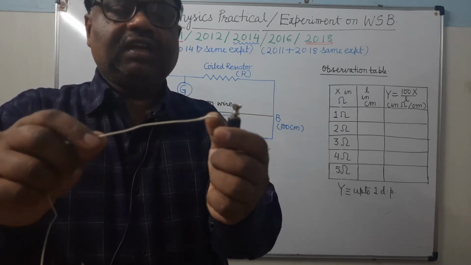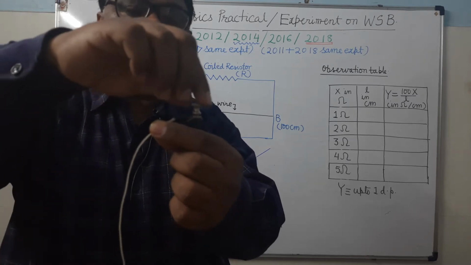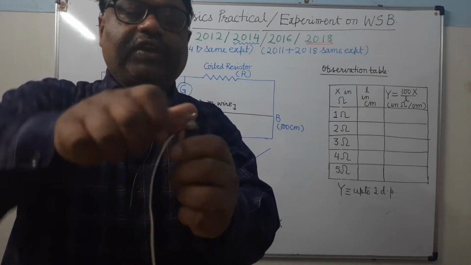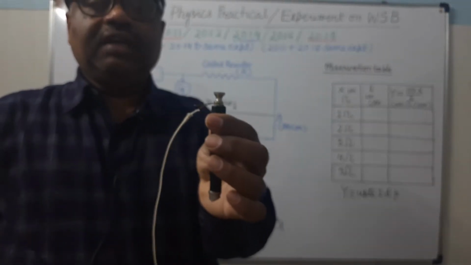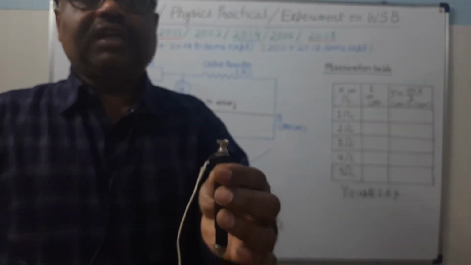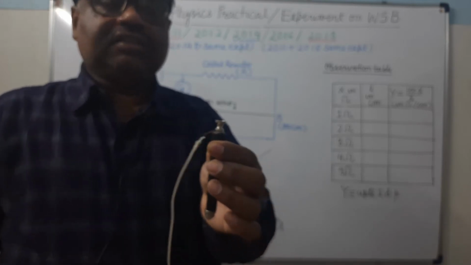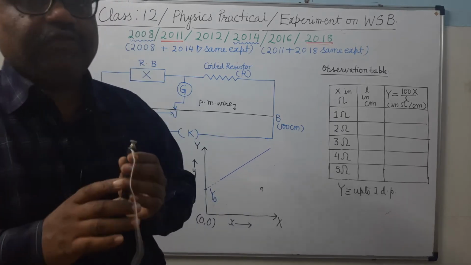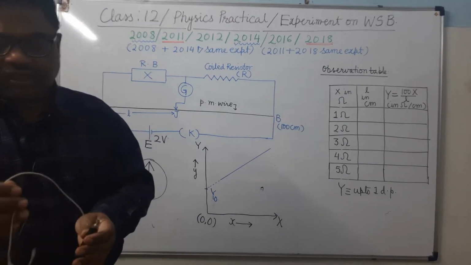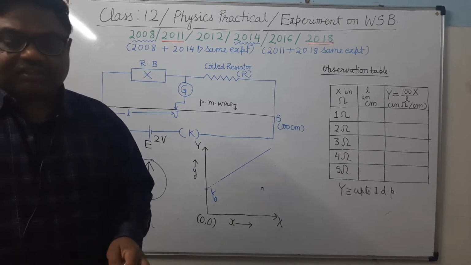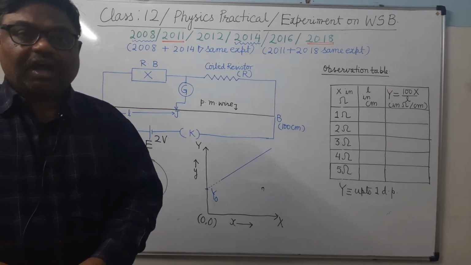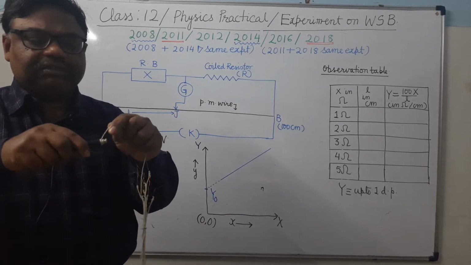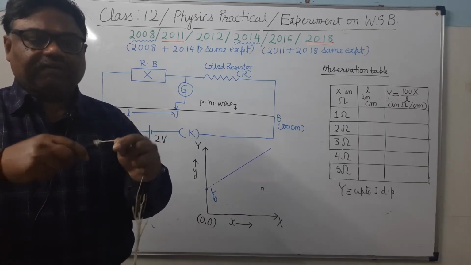You can see here, when you connect in a half turn, the connection becomes very tight. There should not be any air gap. Otherwise, extra resistance will be introduced. There should be no loose connection anywhere. So, you will connect in a half turn. You don't fold the wire this way. Sometimes students fold it this way. No need for that. It's clear.